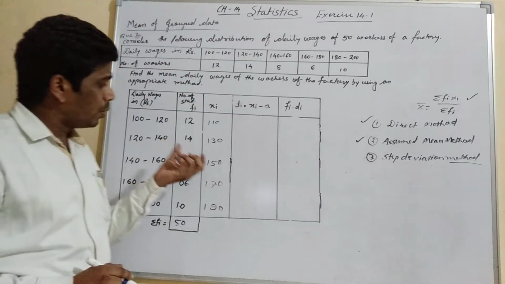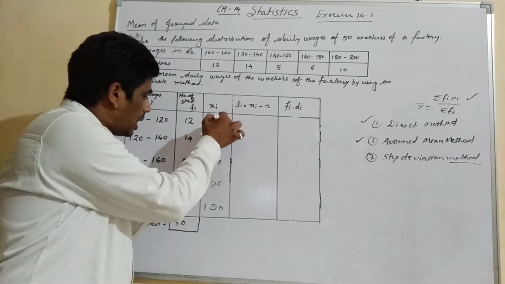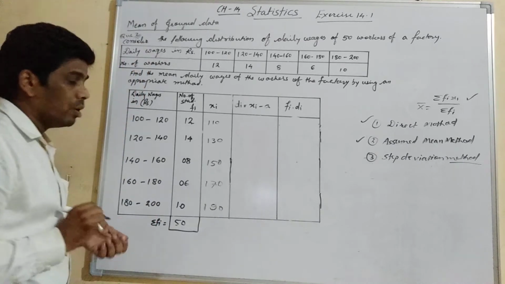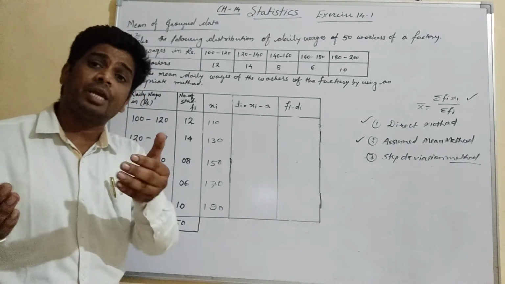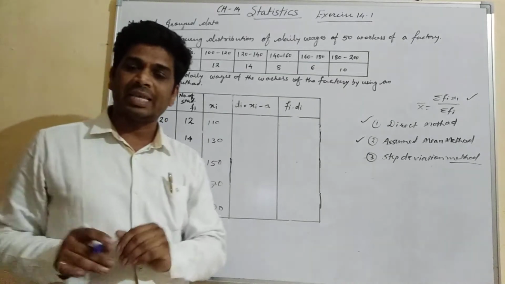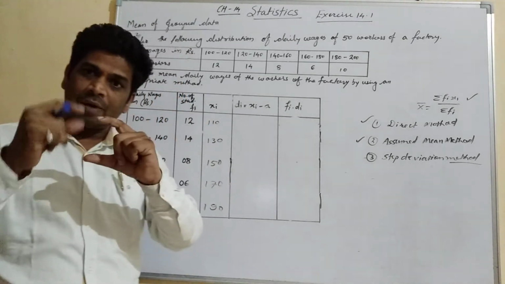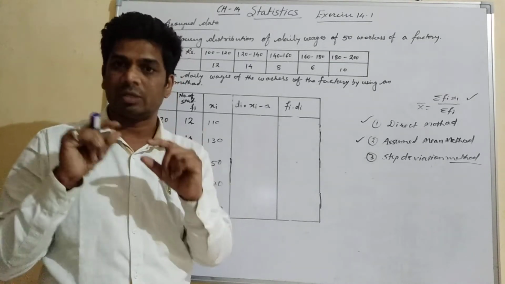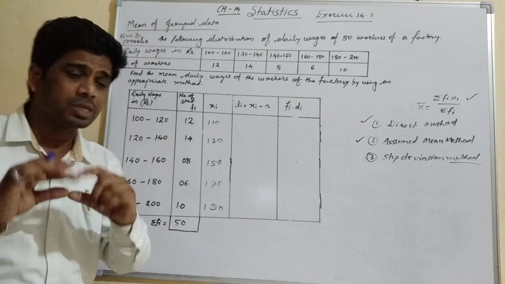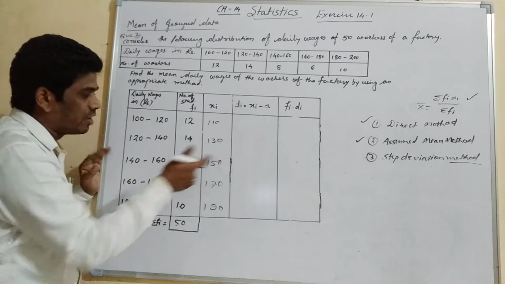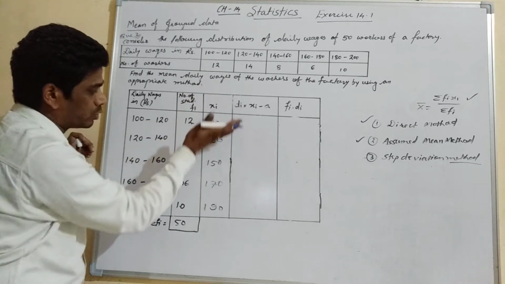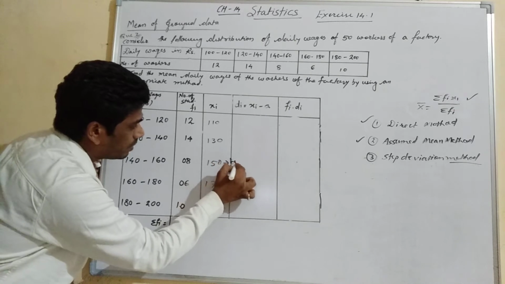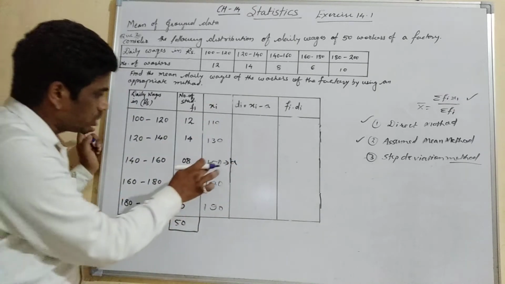Here we have to assume one of the observations as a mean, and we will represent it by small a. Which one will we take? We will take the middle one. If even numbers are there, we will get two middle terms, and any one of these two middle terms we have to assume as a. If odd numbers are there, we will get exactly one middle term. Here from upside we will leave 2, from downside we will leave 2. So this will be exactly the middle term. That will be a, because there are odd numbers.